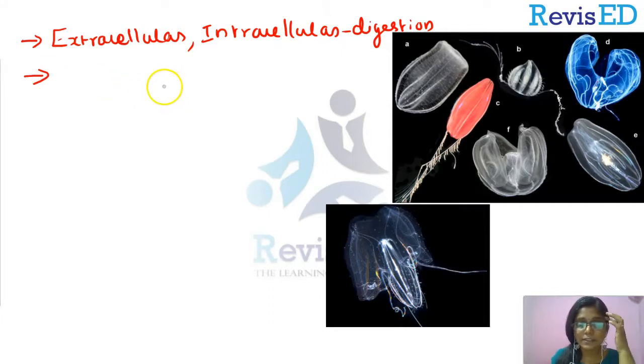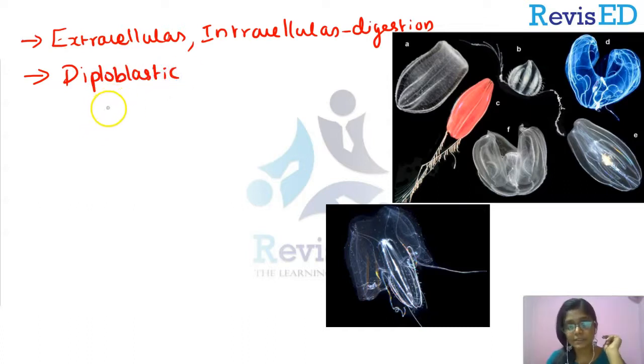And what about the germ layers in this organism? They come under diploblastic animals. Diploblastic means only two germ layers are present. Which are they? Ectoderm and endoderm. Instead of mesoderm, there is a mesoglea present. The jelly-like substance is known as mesoglea. That's why they are called jellies, and also since they have combs, they are called comb jellies.